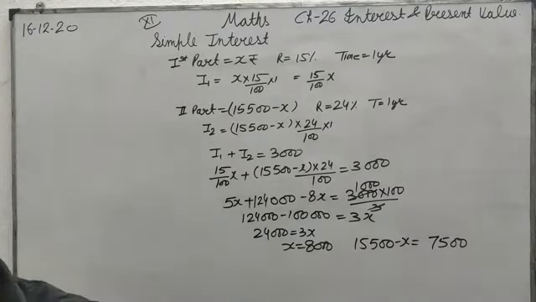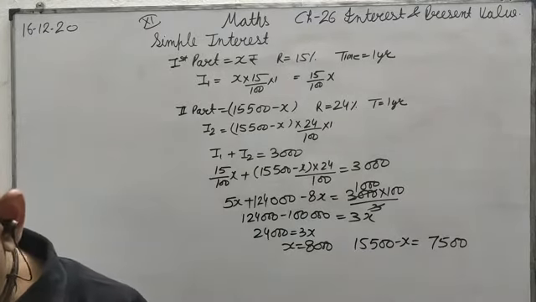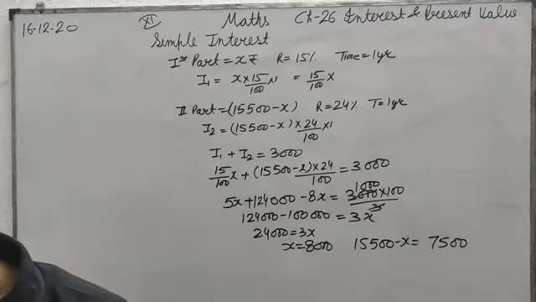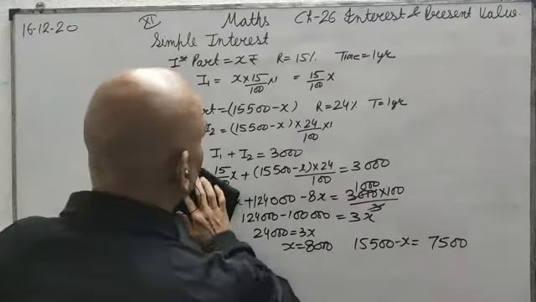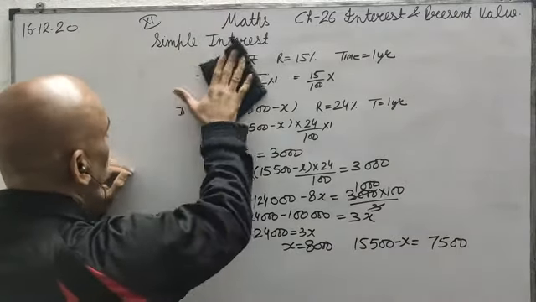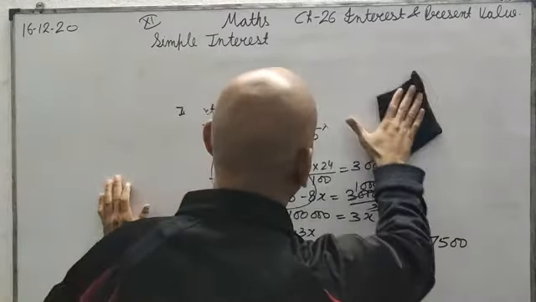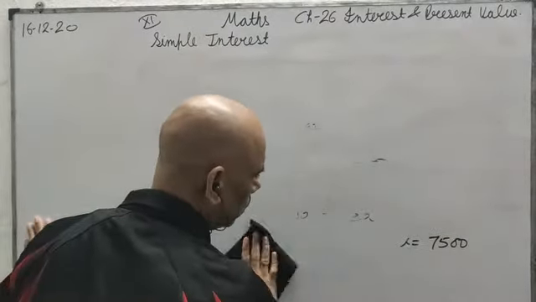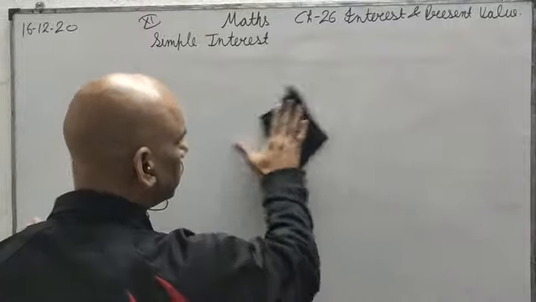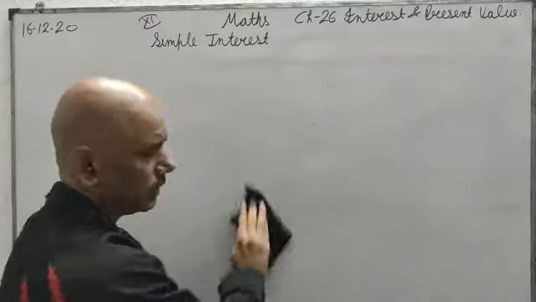What principal will amount to 6,450 in 1.5 years at 5% simple interest? So this time he is asking for the principal; the amount is given. So what is the formula for amount, which we have called here sum? S is equal to